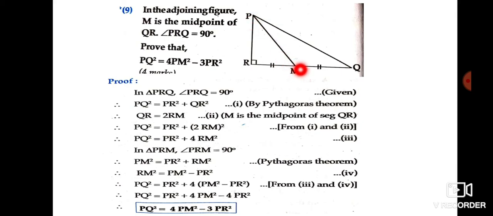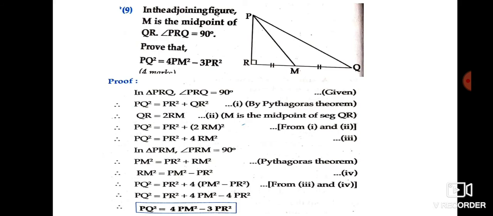In the previous one, when we did it in the beginning, we saw that in the triangle an altitude was drawn. So we used the geometric mean there, and we said it could be similarity of right angle triangles. Those concepts cannot be used over here because PM is the median and not the altitude. So the only thing you have learned so far that applies is Pythagoras theorem. You cannot use any other concept over here.